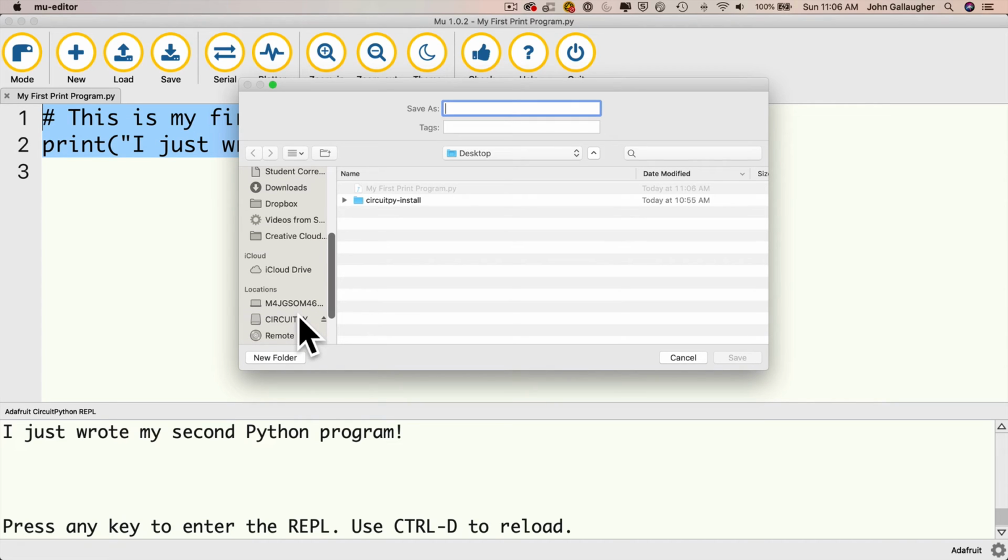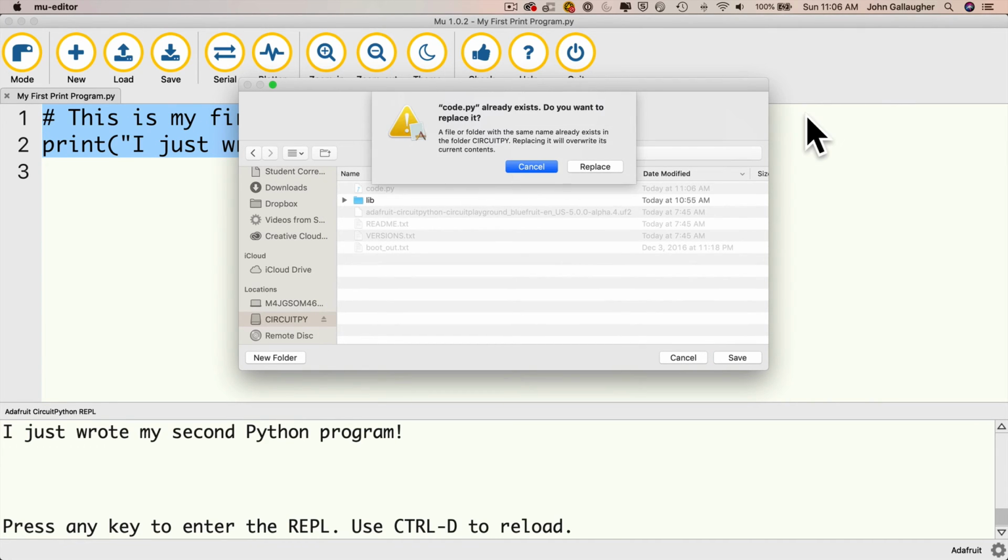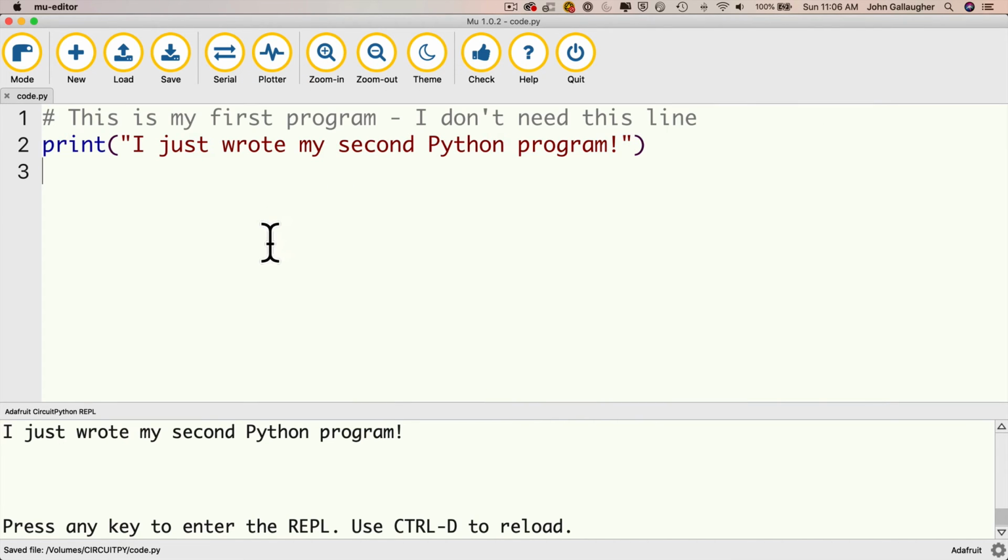If it's not showing, just click reset on your CPB. It should show up like a USB mounted device. Then click on CircuitPy. We'll name it code.py. We'll click on save, replace what's there. It's going to execute the code again because every time we save code.py on our CPB, it executes it again, so we see a little jump in the serial monitor down below, and it once again says,